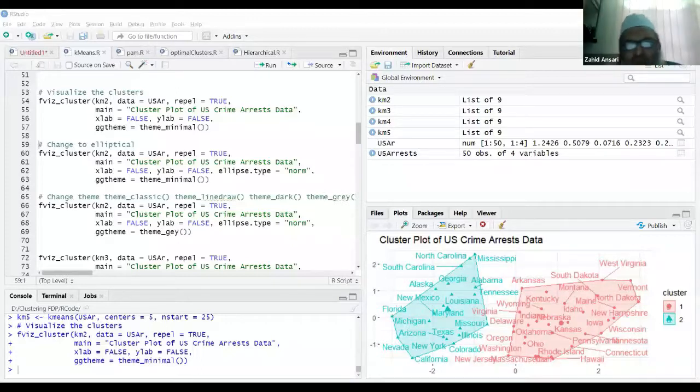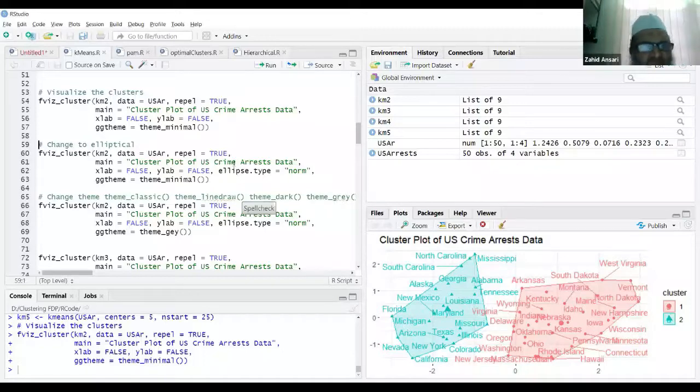You don't have to code the various steps of the k-means clustering algorithm. You have a k-means function in which you can specify the various parameters. You can provide your data over there, and you get the clustering output. You can visualize it also nicely. Okay, so I'll just close this.